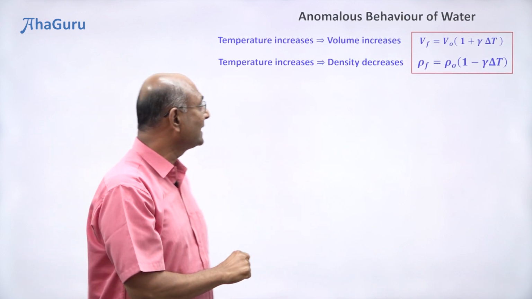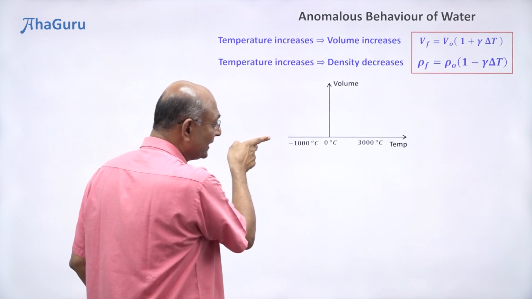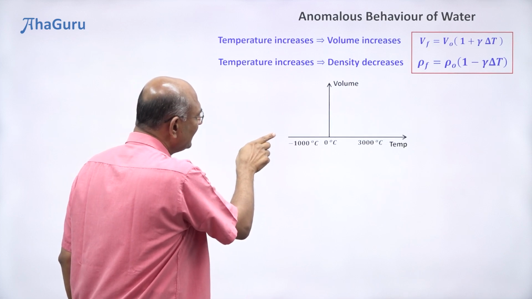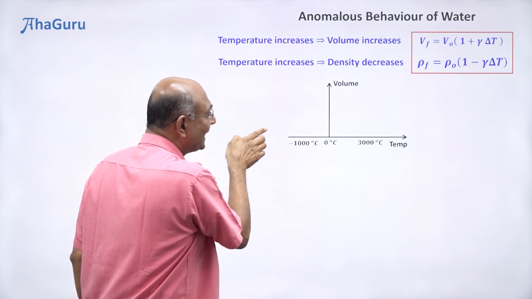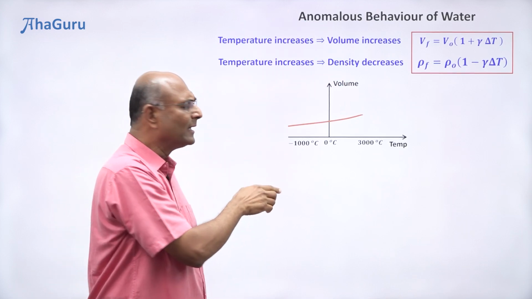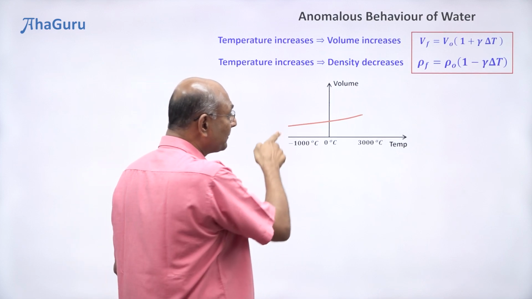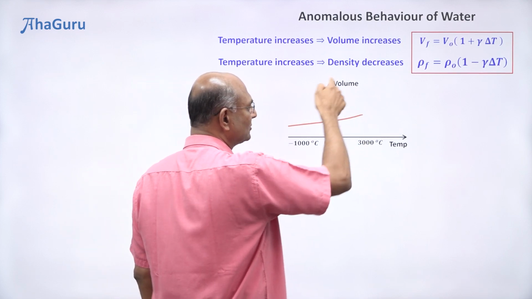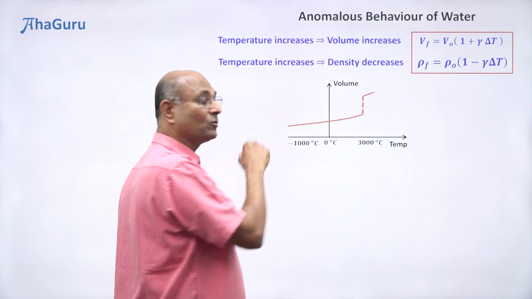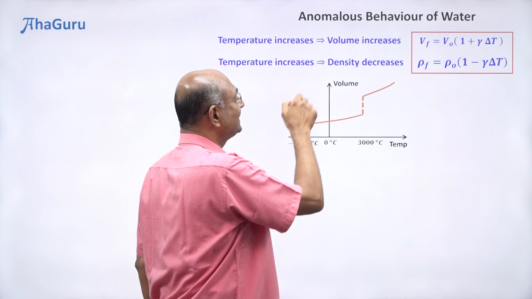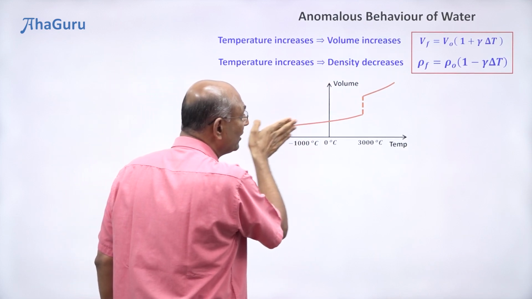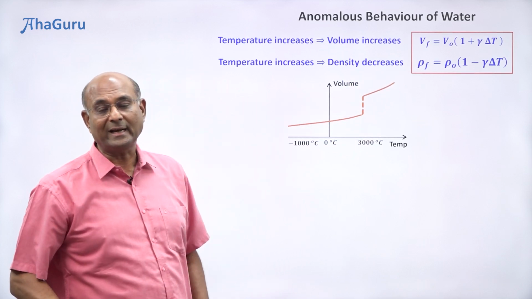The best way to understand this is by drawing a graph. So here is the temperature on the x-axis, this is the volume. So if I start initially with a volume like this, as the temperature increases, the volume will also increase. So the graph looks like this, almost a straight line. And suppose this was a steel rod. At about 3000 degrees Celsius, what is going to happen? It is going to melt. When it melts, the volume will increase quite a lot. And then as the temperature continues to increase, volume keeps on increasing. But overall, you can see that the volume keeps increasing as the temperature increases.